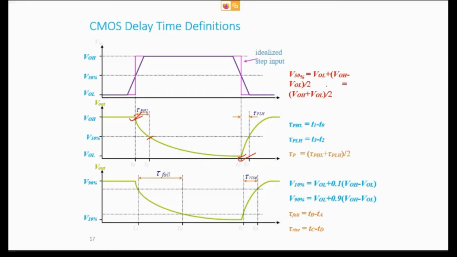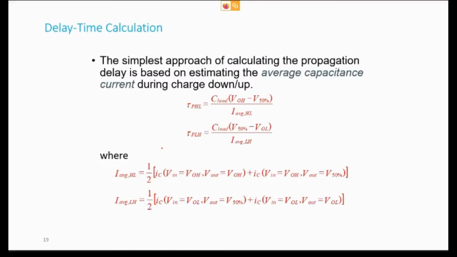Now, when you clearly see this particular region, we assume that your device is in a particular mode of operation. If we talk about high to low transition, when your output falls from high to low, that means your NMOS is on. So we assume that NMOS is in the linear region, but that is not the case. Your NMOS can be in the linear region, or it can be in the saturation region.